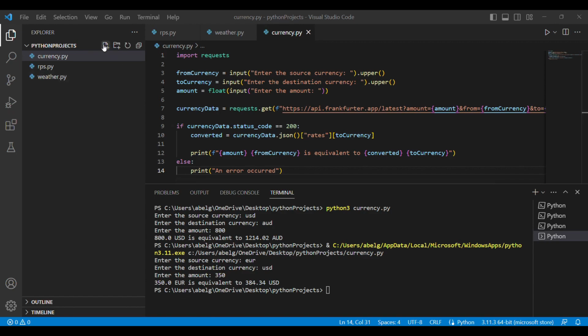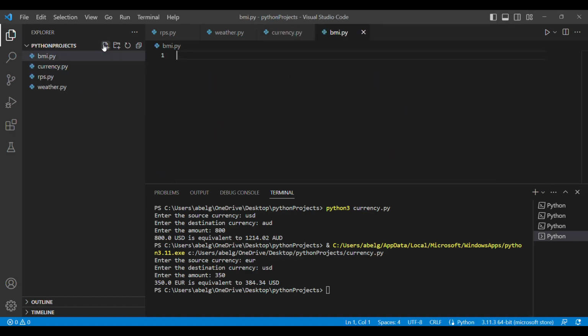We're going to create a new file. We're going to call it bmi.py, and in this file we need to get our plan ready. So what information do we need from the user? So for information's sake, we are going to take the user's name. We're also going to take their height. We're going to take their weight. So the height and the weight are going to directly be used to calculate their BMI. And again, for information's sake, we're going to also take in their age.